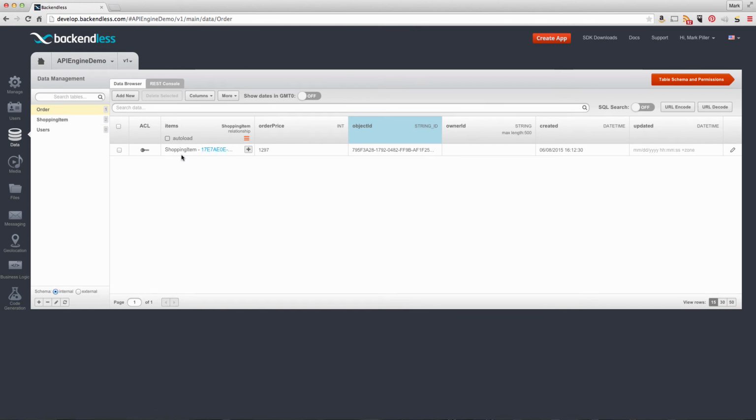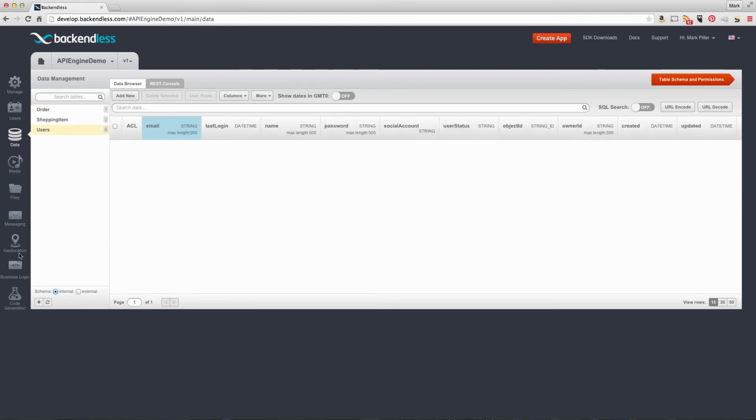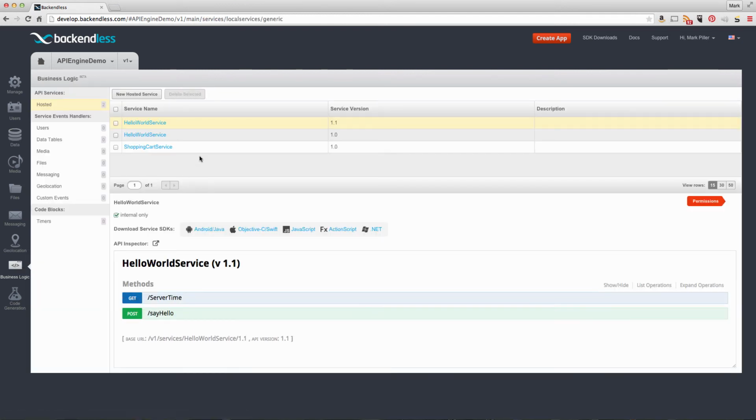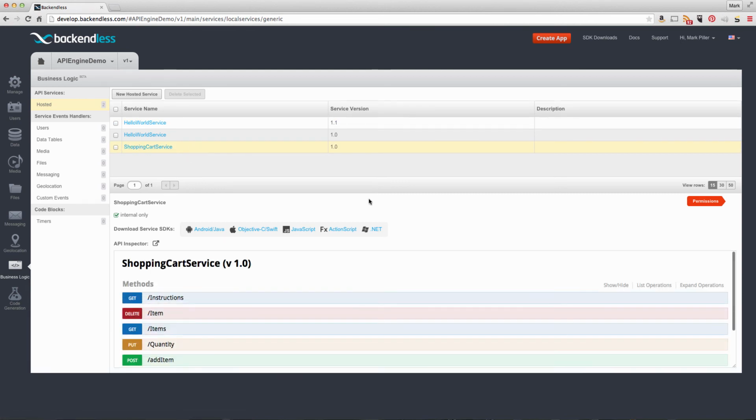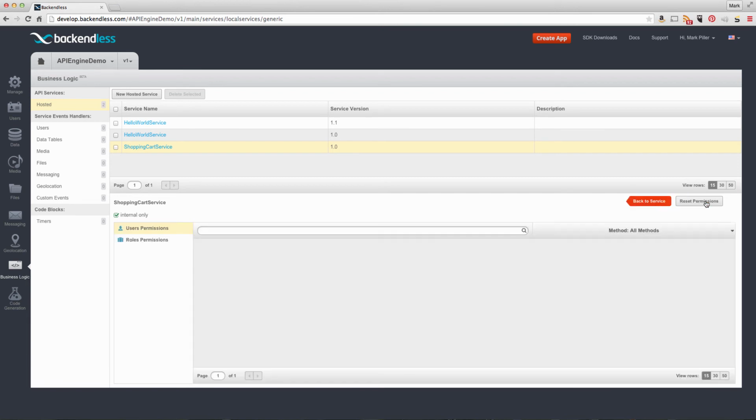So the service that we have running in API Engine has interacted with my Backendless application and persisted some data in it. I'd like to show you a few more features available with API Engine. So with the shopping cart service, or really any service, once you select it, you will see the permissions button. You click on it and it will navigate to the permissions schema where you can control what users or roles have or have not access to individual methods